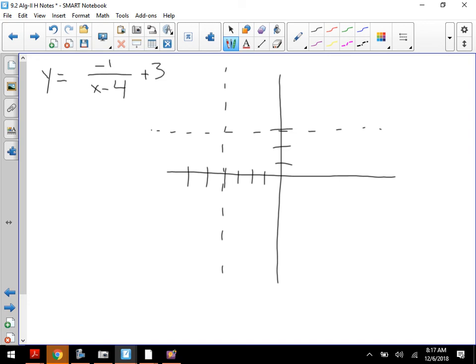Which means I'm going to pick numbers on either side of that vertical asymptote to substitute in. And like I said, sometimes you get decent, clean numbers, sometimes you get crappy numbers. So if I use -5,